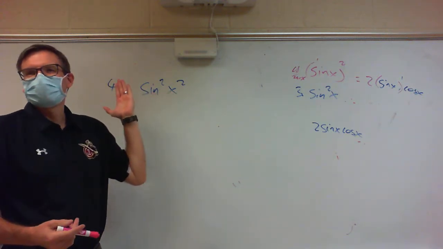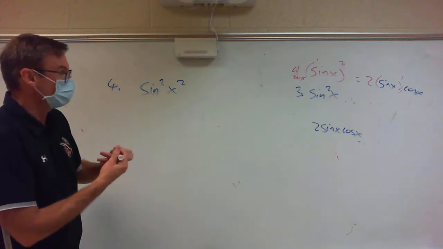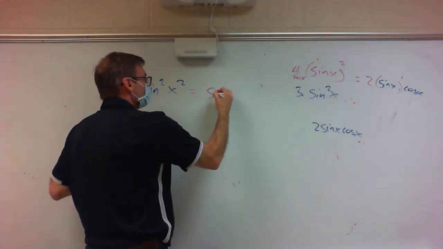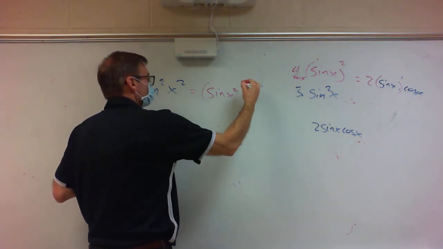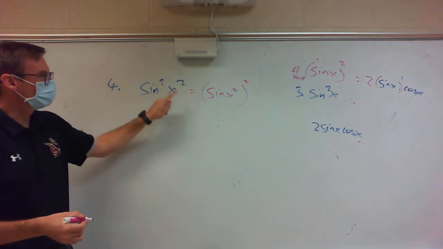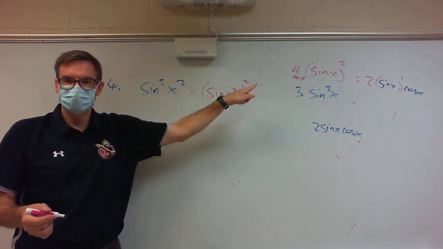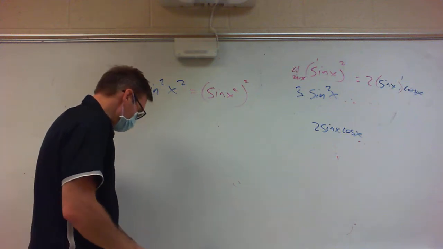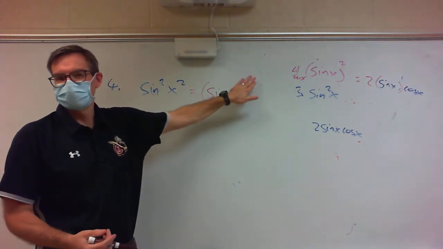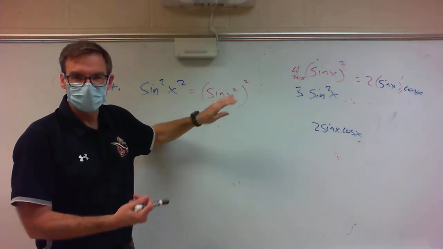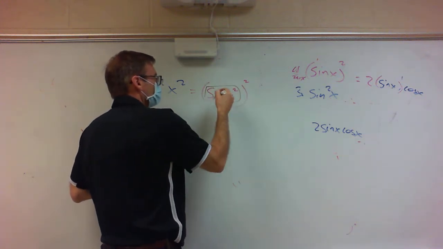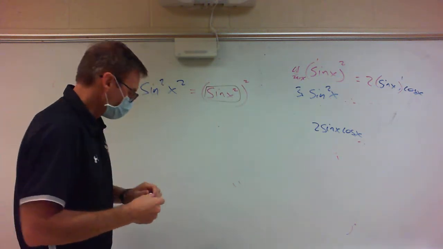All right, so I look at this, this means sine of x squared, squared, right? That too means this whole thing squared, right? And so when I look at this, what I see is stuff squared. Can everybody see this is your stuff, right? Squared. So when I take the derivative,